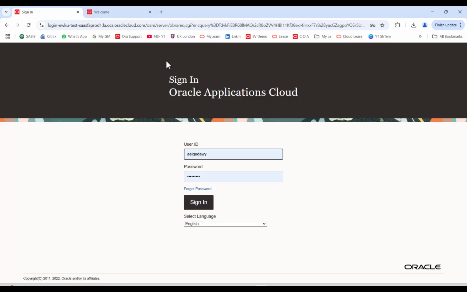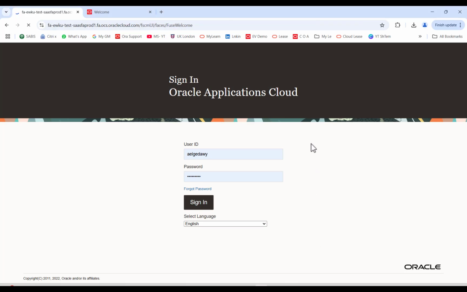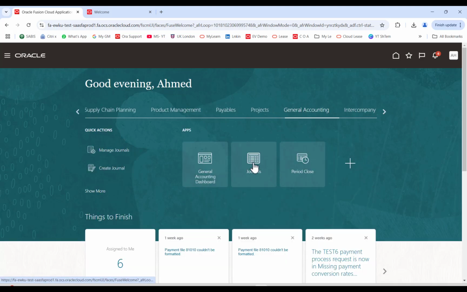Okay, so we can wait some time, then try to log in again. So I will try to log in and come back to general ledger, journals,